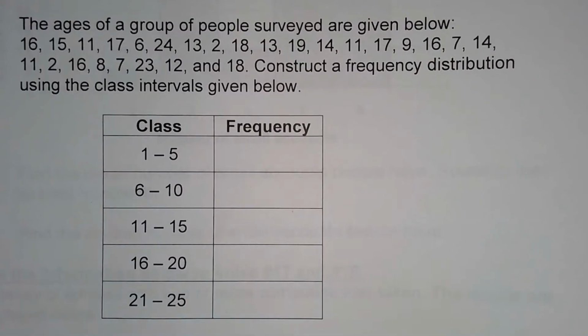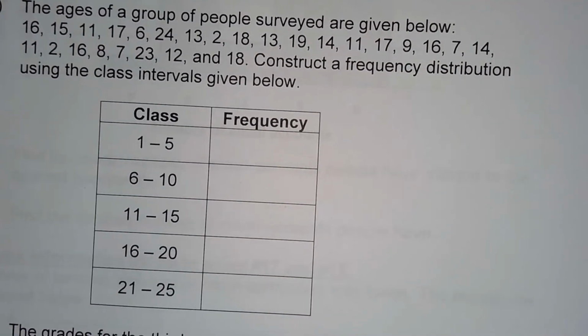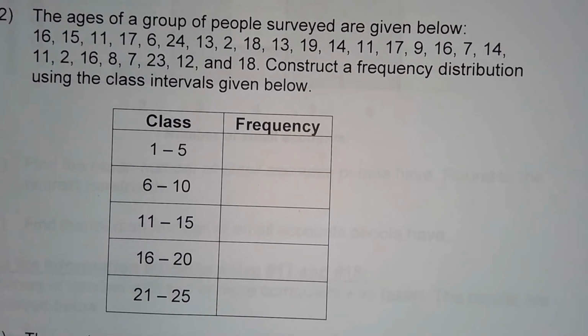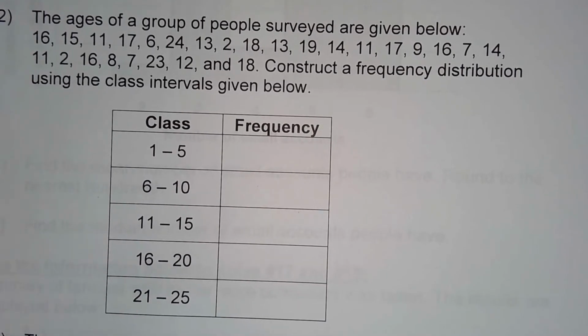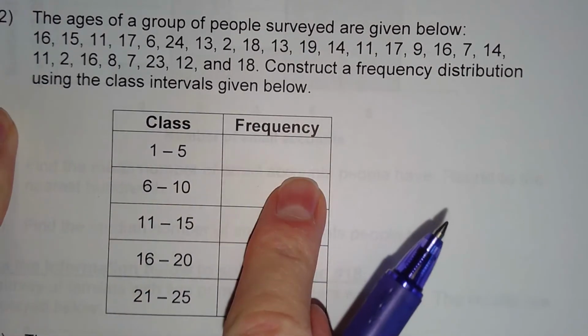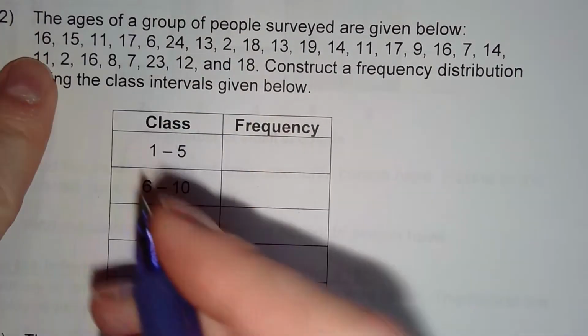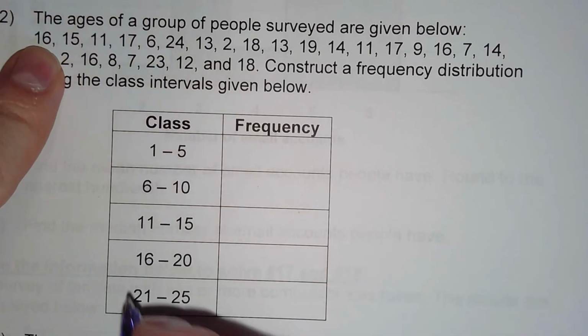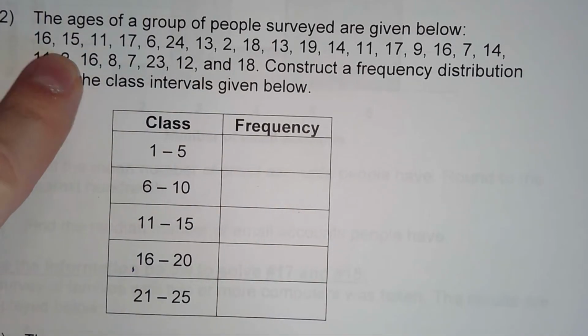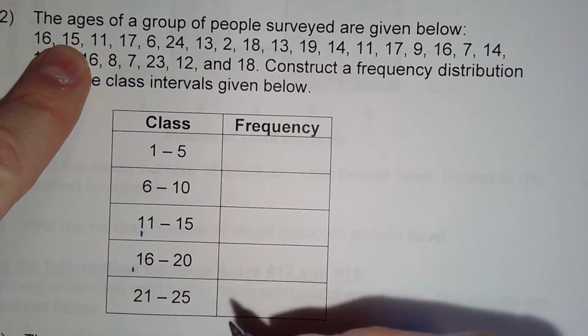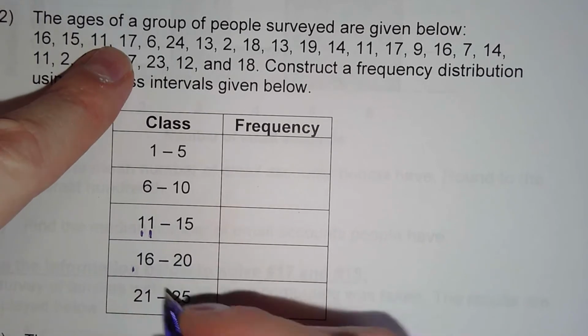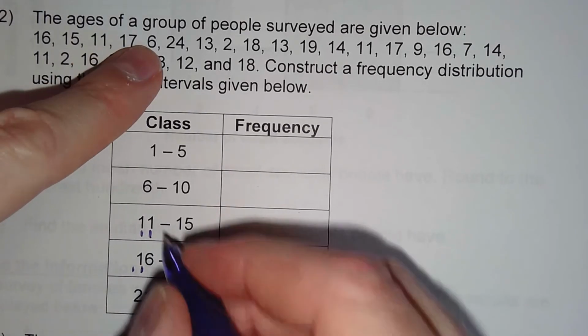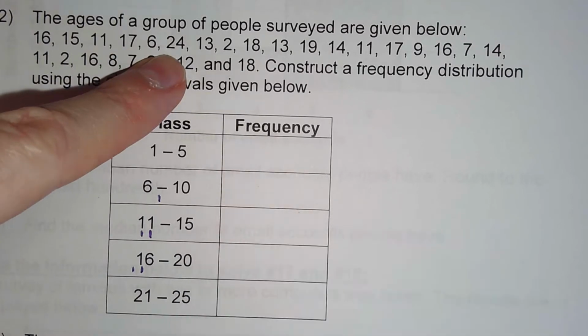Let's try number 12. Ages of a group of people surveyed are given below. We want to construct a frequency distribution using the class intervals given below. So basically I'm going to mark these down here. Like with a 16, I'm just going to mark it right on here for the frequency. 15 would go here. 11 would go here. 17, 6, 24,